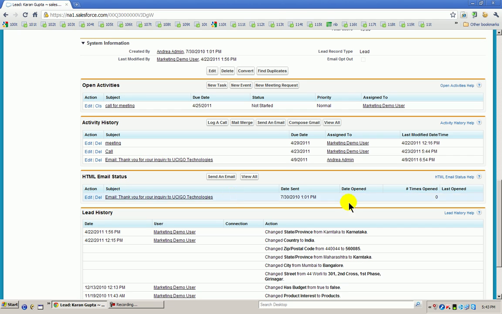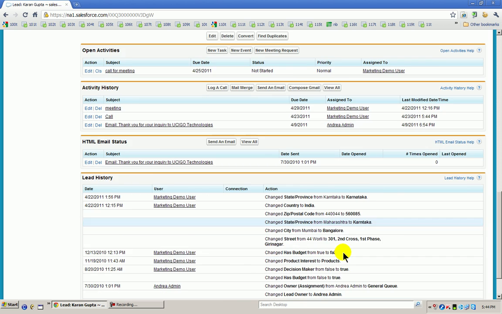More importantly, you can check when you have sent the mail: when he first opened the mail, how many times he has opened your mail, and the last time he opened it. It is not a read receipt method. It is open analytics. The moment you click on the mail, it will trigger 1 time, 2 times, 5 times, 20 times. I have a customer who has viewed my mail 43 times. So it gives me the interest level.